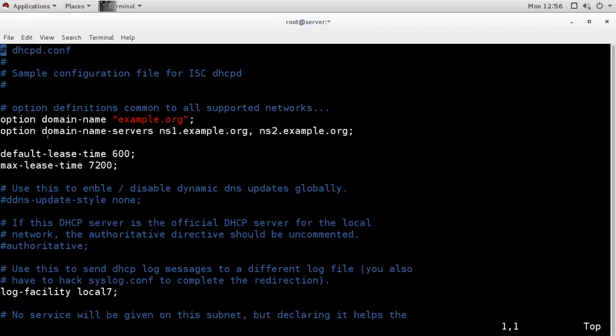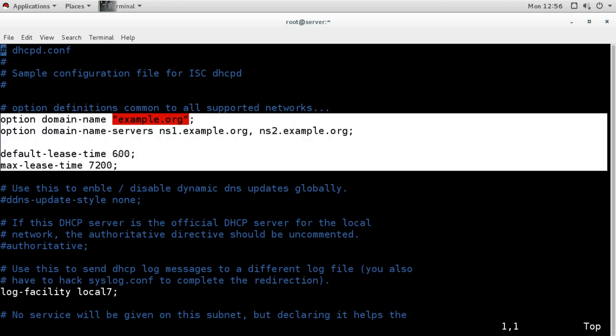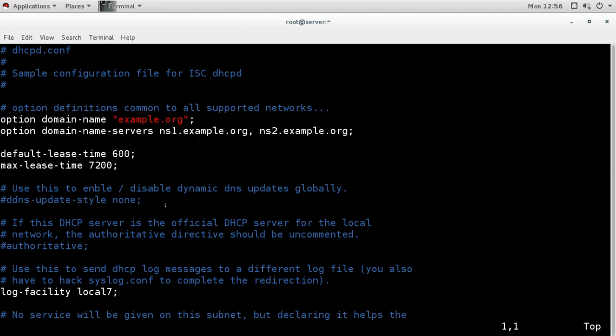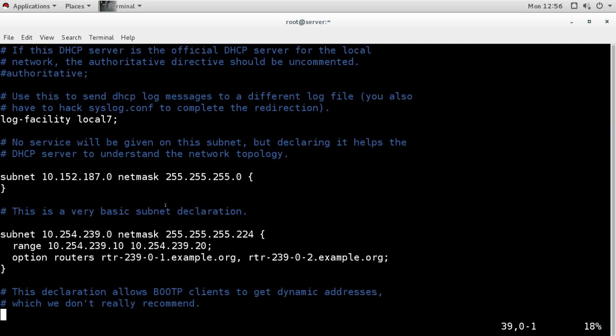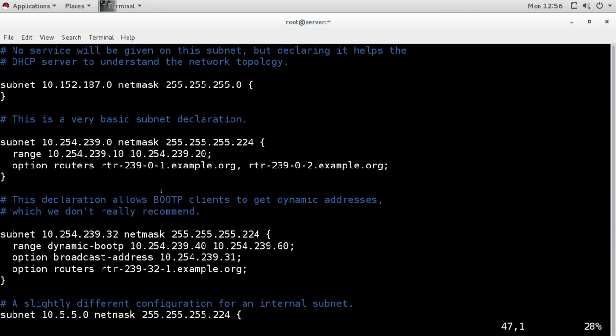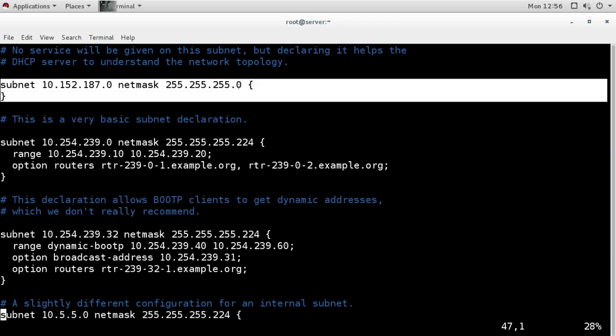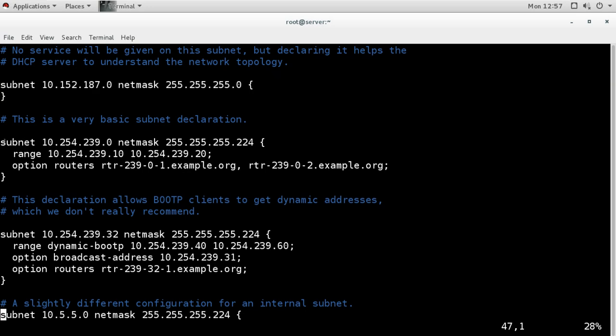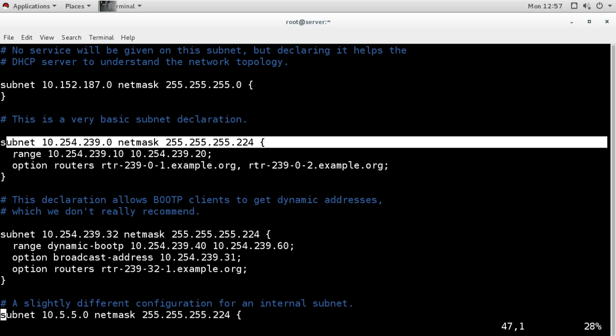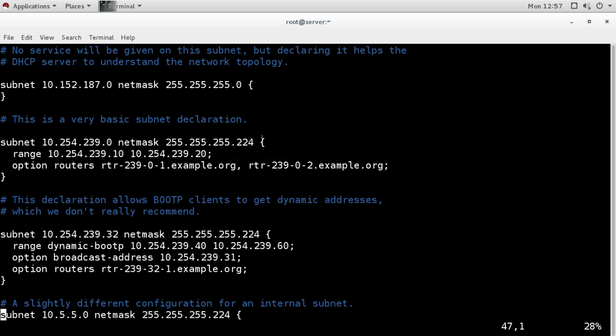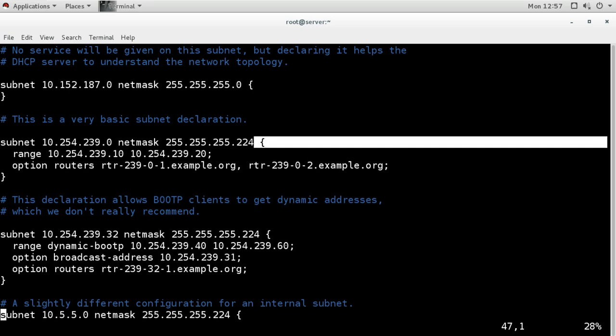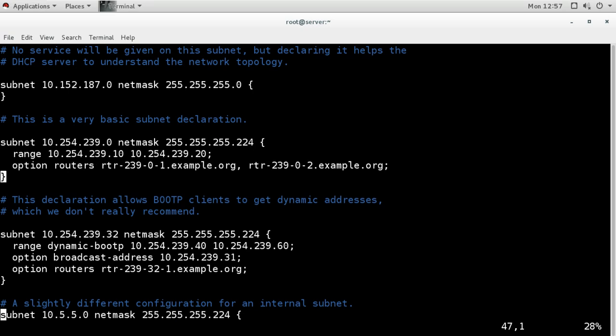So this information is not in the pool information, it is outside the pool information. Pool information looks like this. It starts from the subnet range, then curly bracket open and close, and in this you put your options. It is for some other range. It is the basic range declaration. This is for this network and this is the range, and you see the options start from here, curly bracket open and curly bracket close. Here it is closing. This is one subnet's information.